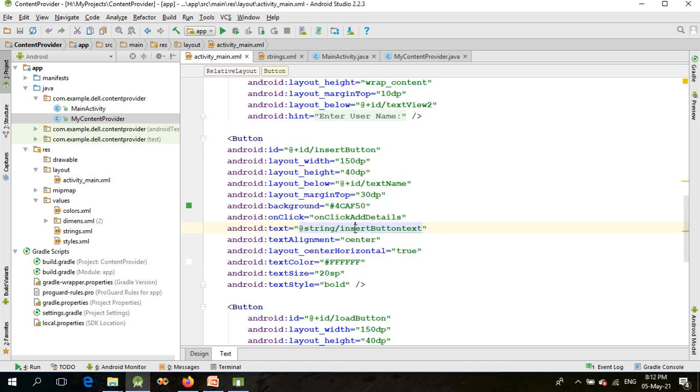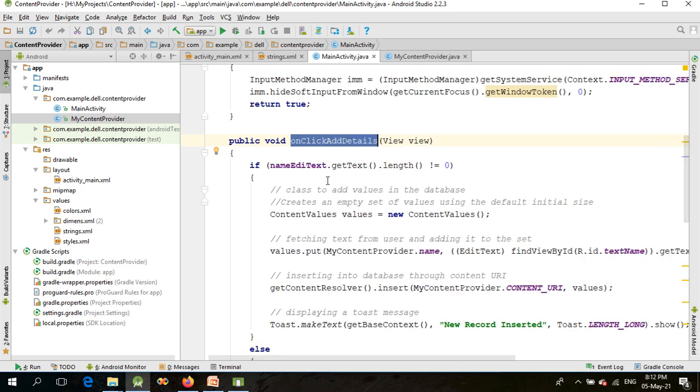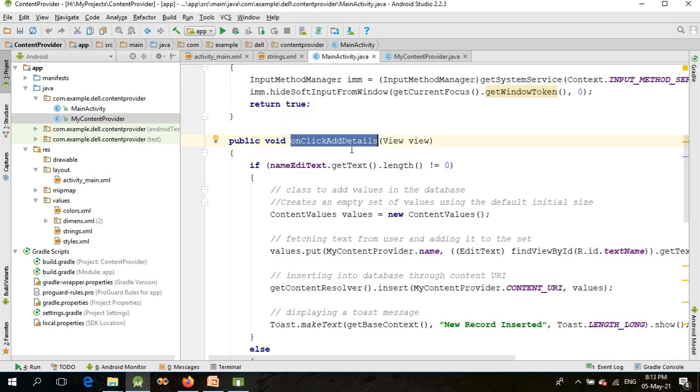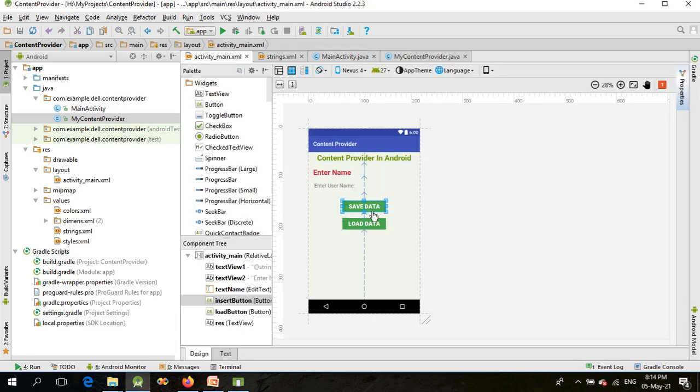That is why, if you observe it carefully, onClickAddDetails is the method which is implemented here in the MainActivity.java file. It means whenever the user clicks on this particular save button, it will call the onClickAddDetails method of the MainActivity.java file, and it accepts an object of the View class. Whenever the user clicks on this save data button,